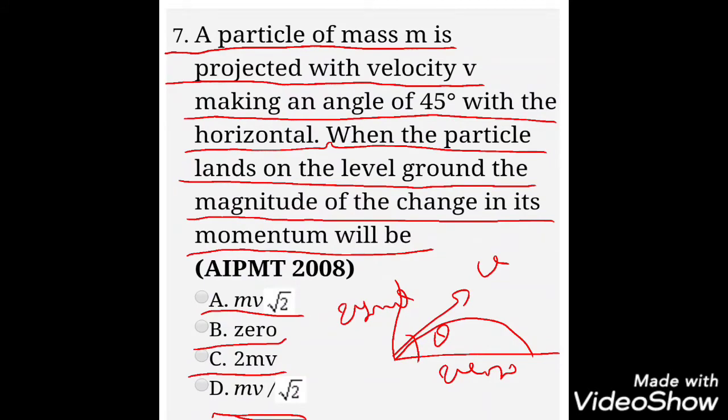How to find out? When it starts from the point O, the velocity goes on increasing, so the momentum also increases. Let me take v sin theta as the vertical velocity, so mv sin theta is the vertical momentum. When it comes downwards, it goes on decreasing. So mv sin theta is the momentum when it goes upwards, but minus mv sin theta is the momentum when it comes downwards. So how can we solve it?